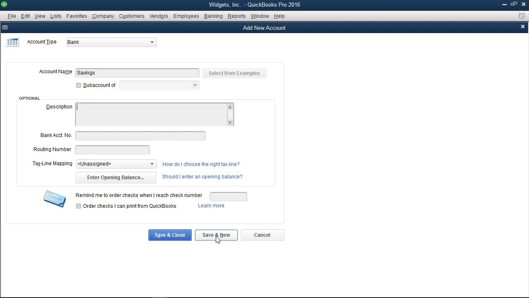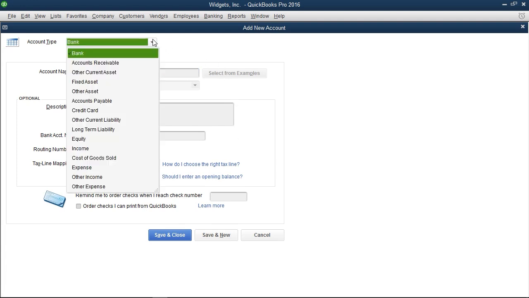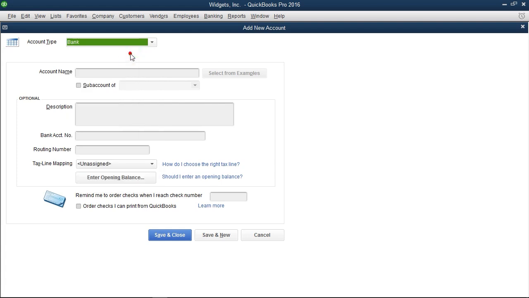can continue creating accounts. If you choose to do this, note that this time you will need to select the account type for the next account to create from the Account Type drop-down at the top of the window. Also note that you can click the Cancel button if needed to close the new account window without creating an